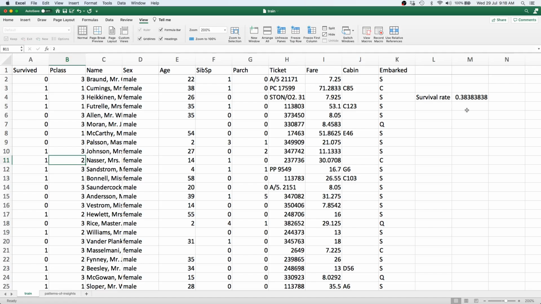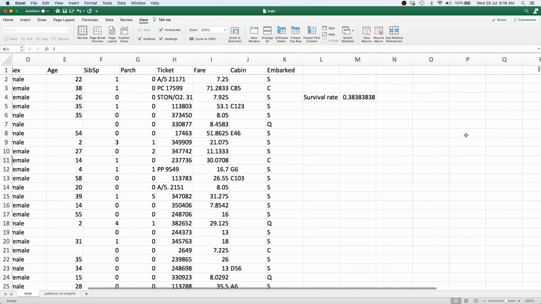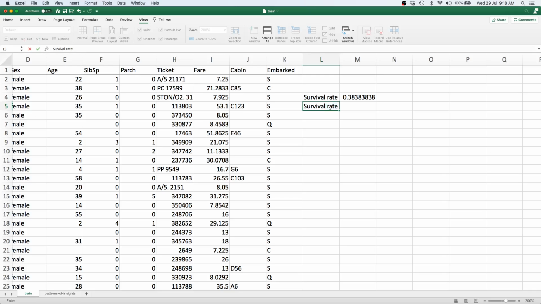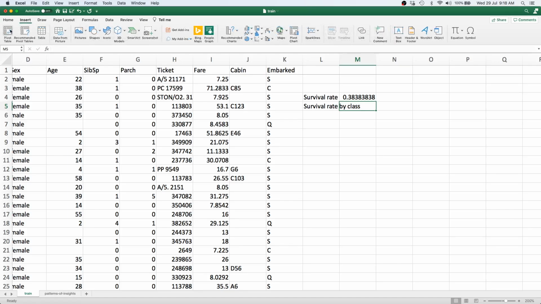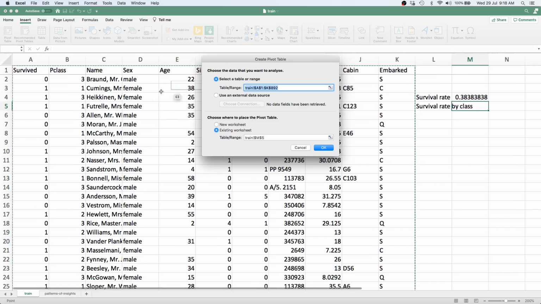Now this is called a group by operation, and one easy way to do that in Excel is to use a pivot table. So let's write this down and let's go to the next cell, and in order to create a pivot table we go to the insert tab and we click on pivot table. Now it's going to ask us to select a table or range, and it has very helpfully already selected a range. Essentially, all of this boundary that you see with the dotted lines, that's basically the range that it has already selected for us. And what it's going to do is that it's going to use all of these columns to create the pivot table.